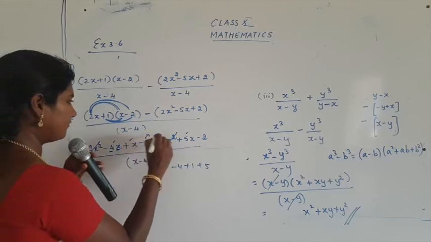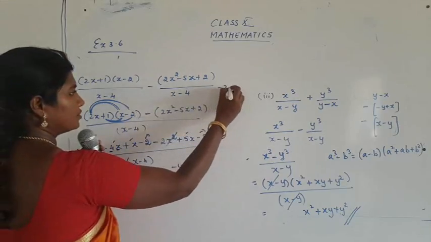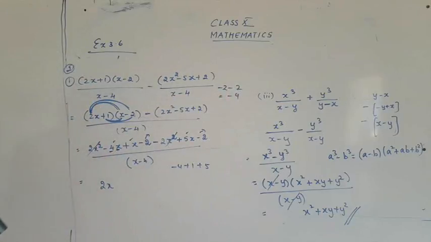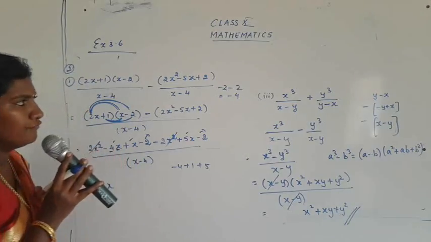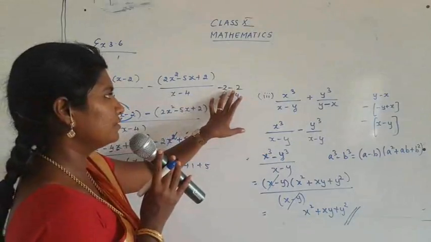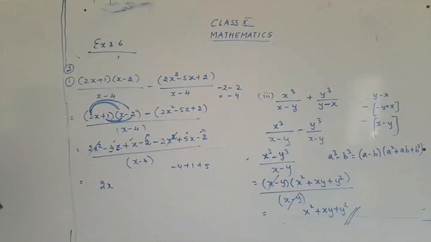So here we have minus 2, minus 2. So what's the answer for minus 2, minus 2? The answer is minus 4. How? Minus minus is plus. So you are going to add. When you add, what you get? 4. So the sign: you have two negative numbers, so the answer will also be negative. So the answer is minus 4.